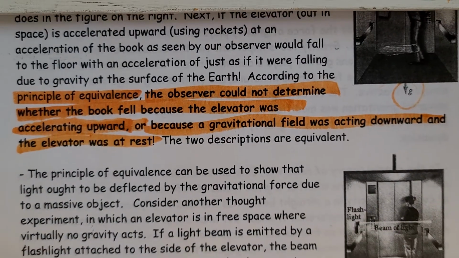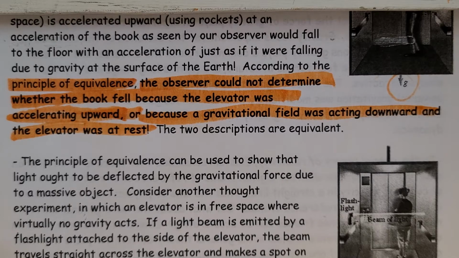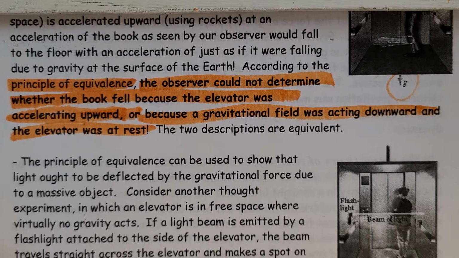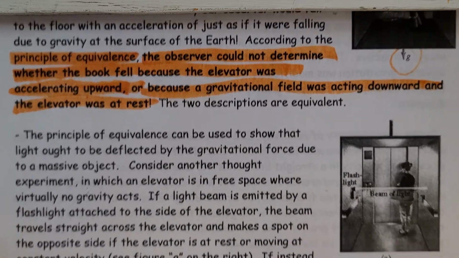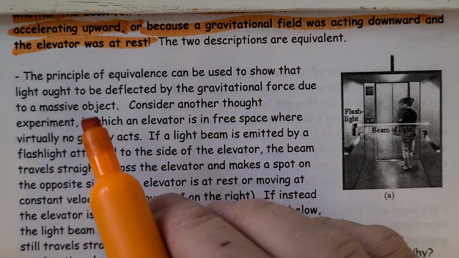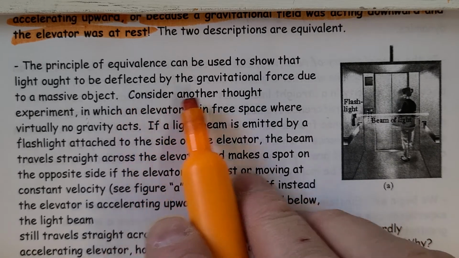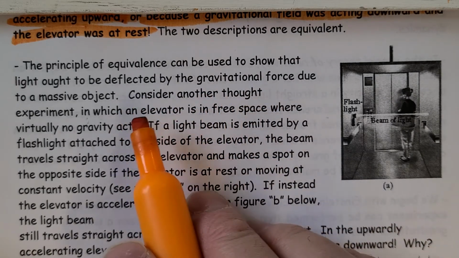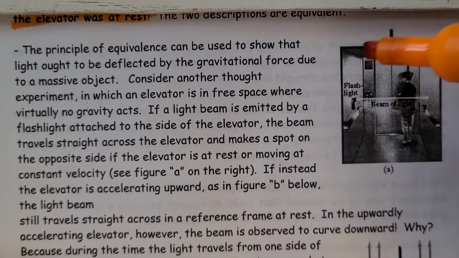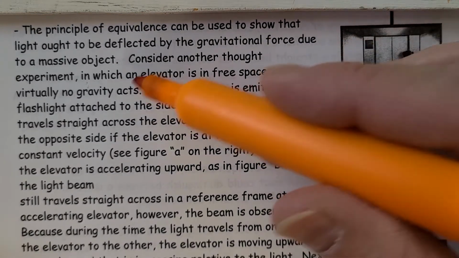So that is interesting. We have no way of distinguishing whether we are experiencing gravity in a particular direction or an acceleration in the opposite direction. So that brings some interesting things here in terms of a light experiment. The principle of equivalence can be used to show that light ought to be deflected by the gravitational force due to a massive object. Consider another thought experiment in which an elevator is in free space where virtually no gravity